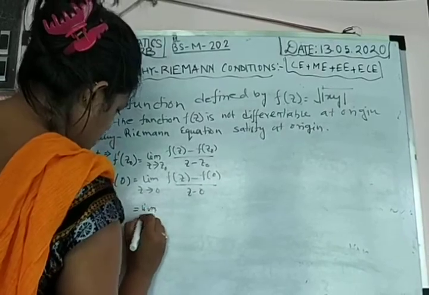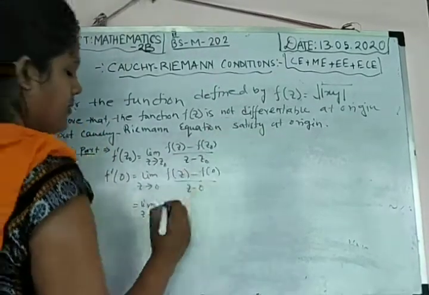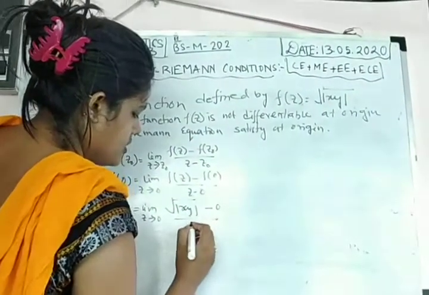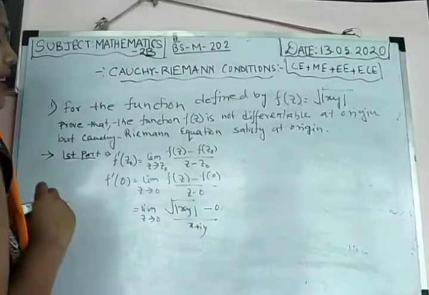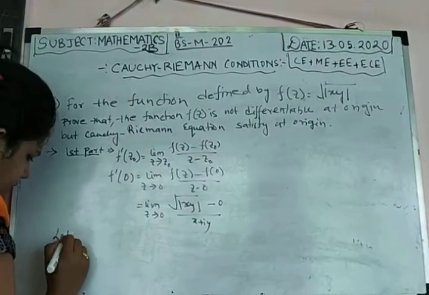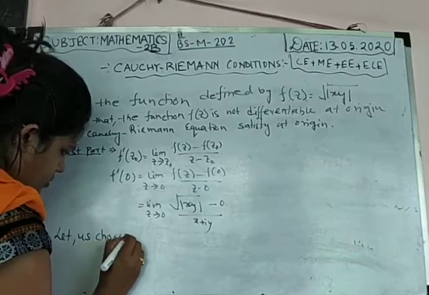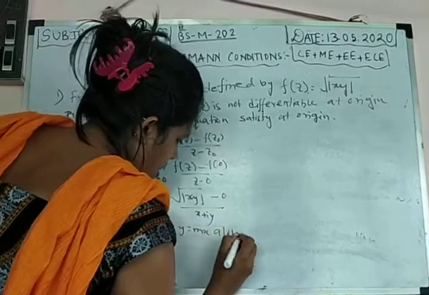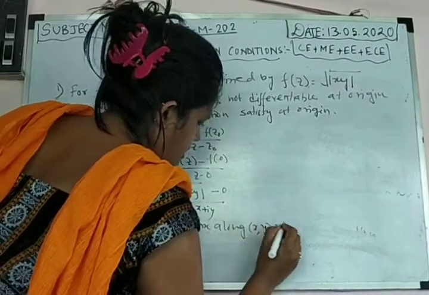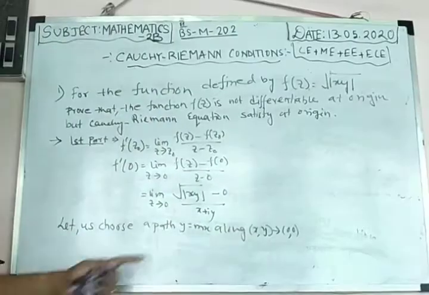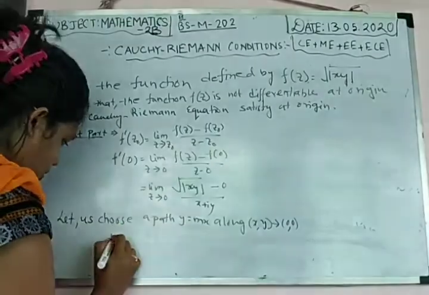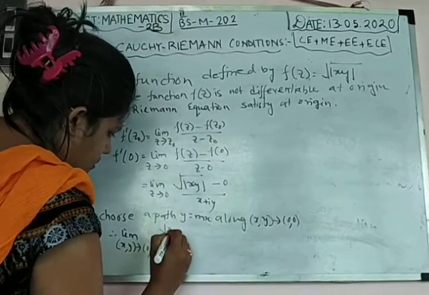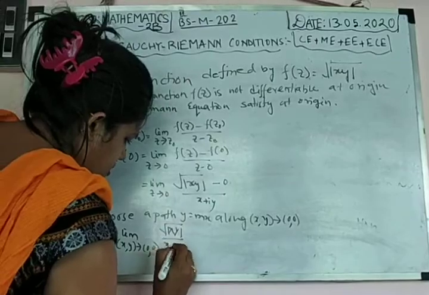So this is the limit as z tends to 0 of (f(z) minus f(0)) by z, where f(z) is the square root of mod xy, f(0) is obviously 0 at the origin, and z equals x plus iy. Now let us choose a path y equals mx as (x, y) tends to (0, 0). This is the equation of a straight line passing through the origin, and m is the slope here. Therefore, the limit as (x, y) tends to (0, 0) of root over mod xy by x plus iy